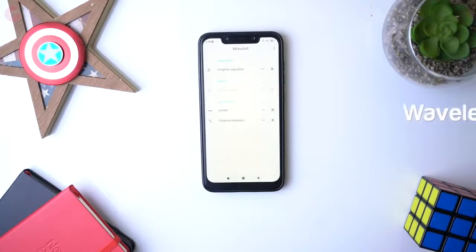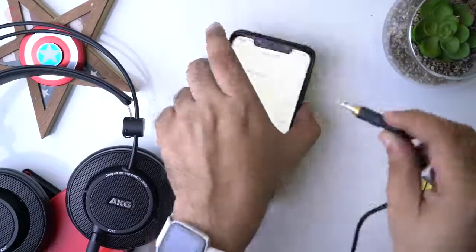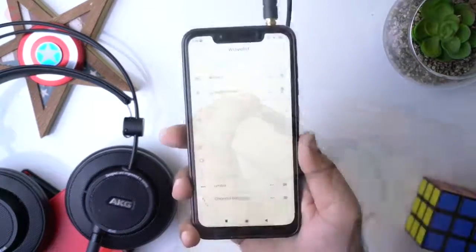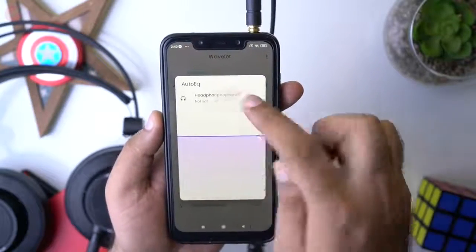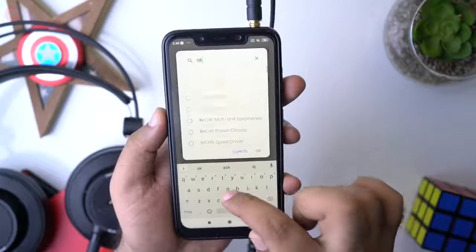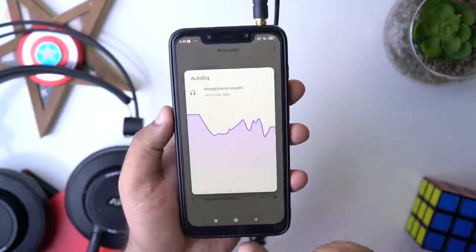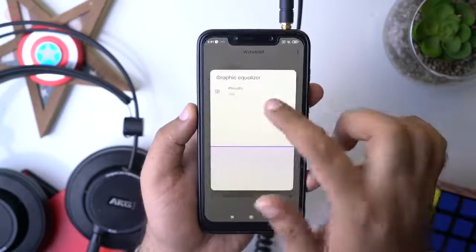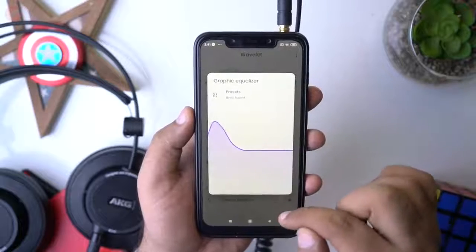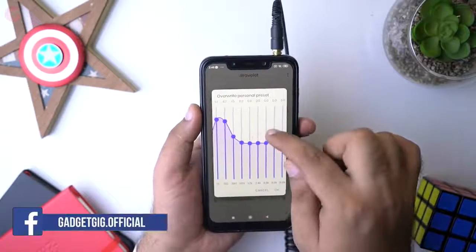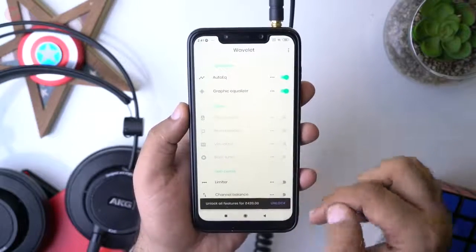Next app we have in our list is the Wavelet. Wavelet is a wonderful app which will make your headphones sound much better with the auto equalizer. So as soon as you connect your headphone with your phone, you will get an auto EQ mode which will enhance the output. You just need to choose the headphone from the list and as of now, this app has over 2300 pre-calculated optimizations for various headphone models. In case you don't see your headphone, you can also customize the output using the legacy mode. You get a 9-band graphic equalizer with various presets. In the Pro version of the app, you can get the bass booster, tuner, and few other additional features.